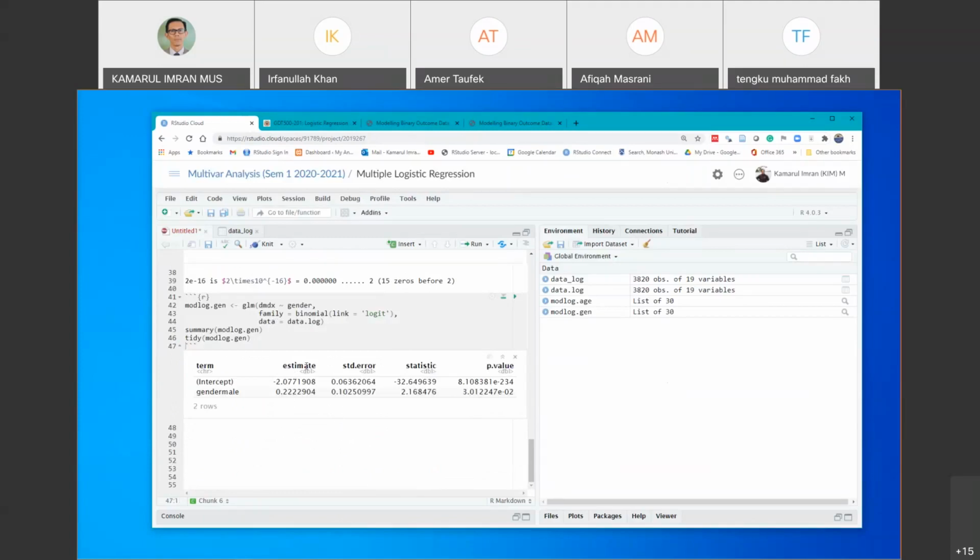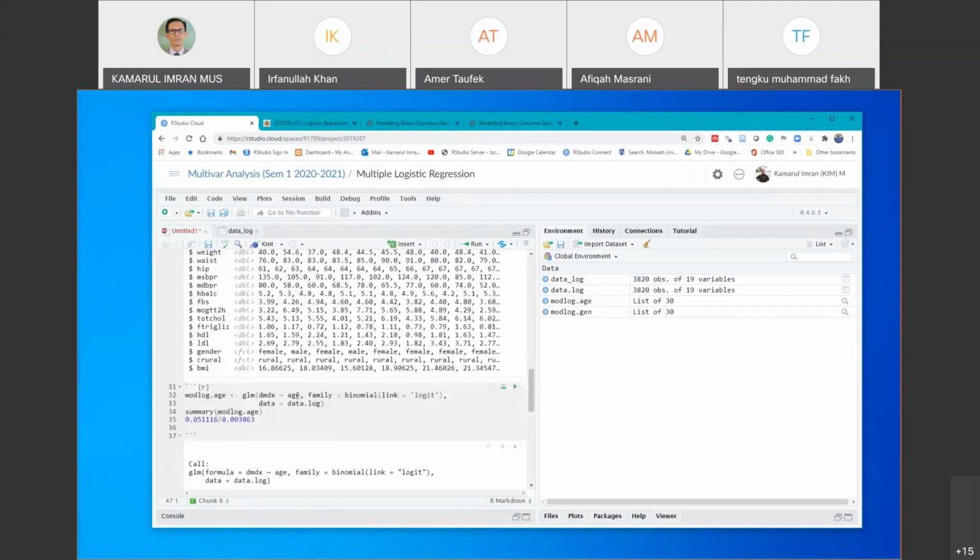So this is the estimate. This is the beta, right? And the beta in logistic regression is log odds. So this is the log odds, and this is for male. It means that the log odds to have diabetes mellitus for male is 0.22 compared to female, whereas for age,